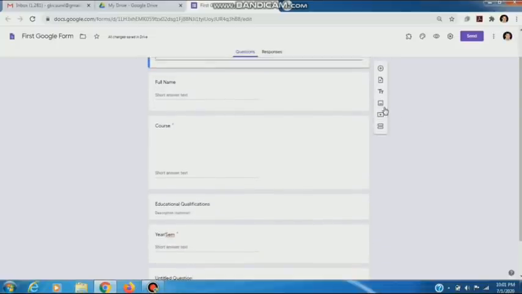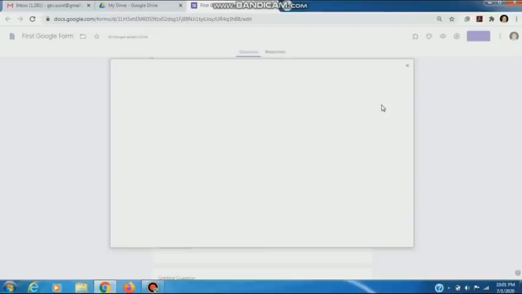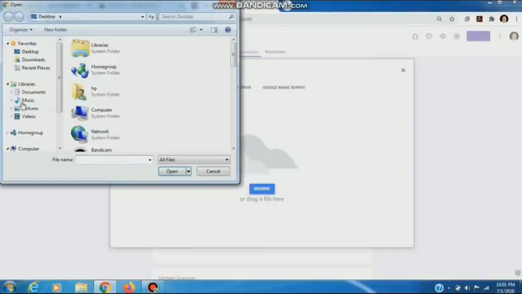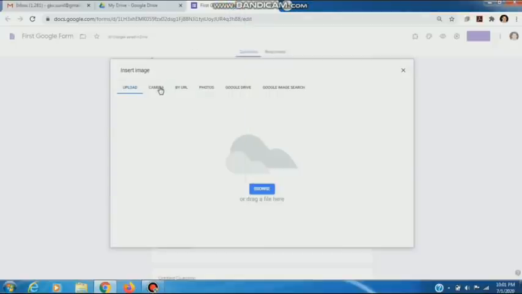Now we move to our next option, add image. If you want to add an image, then we click here. First option is upload image. We can upload the image from our hard drive by clicking on browse. I click on browse, then I can select an image from my PC. Next option is camera.